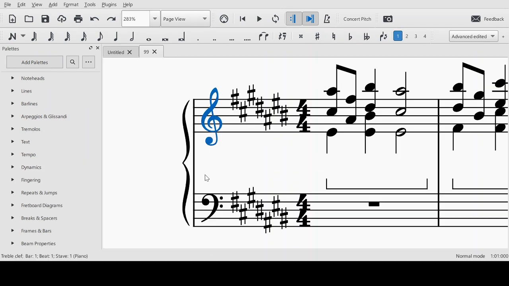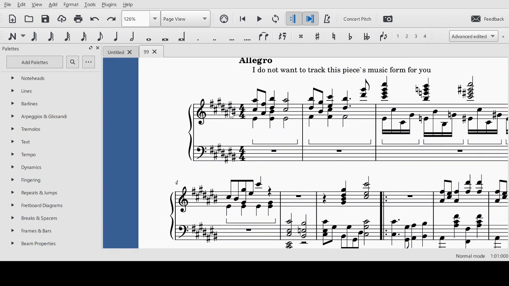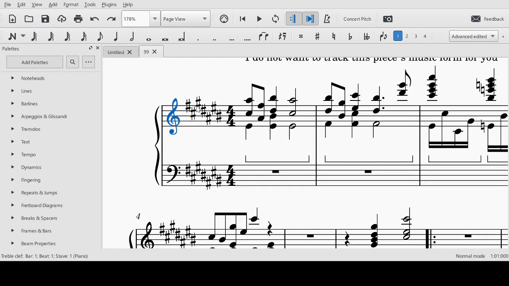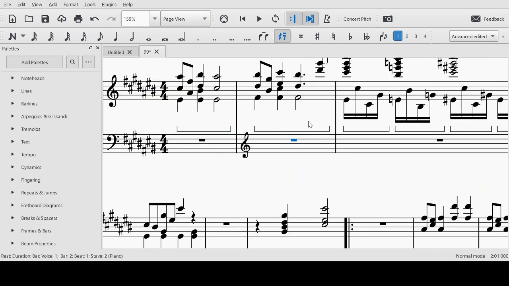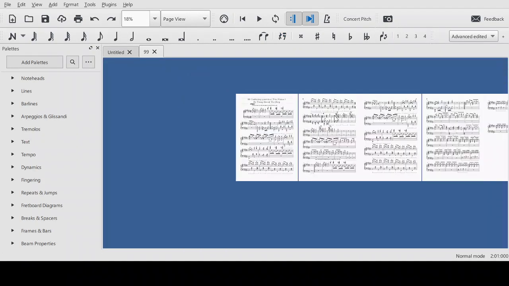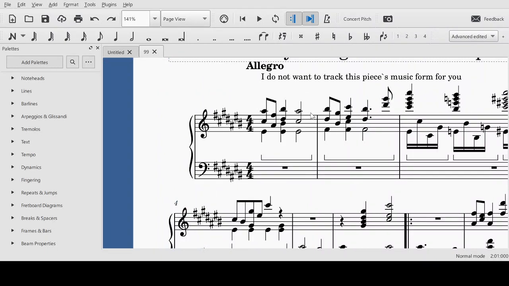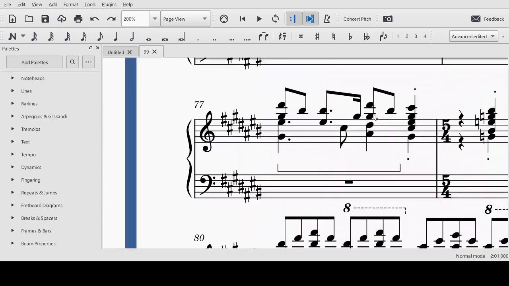to actually use clefs. The reason why this method of composing is efficient is because you don't have to use clefs, and you don't have to place clefs all over the place to just try to compensate where the note should be. This is a much more efficient way to compose, and I am so happy that I figured it out. But anyway,